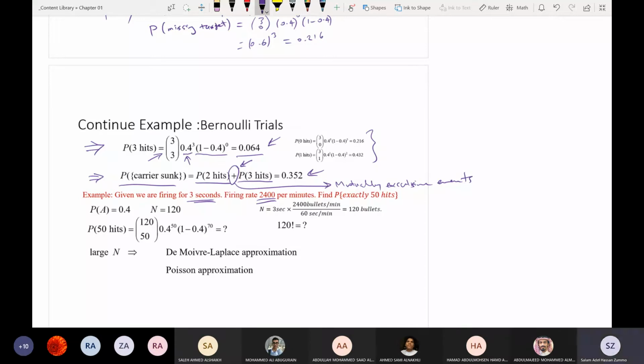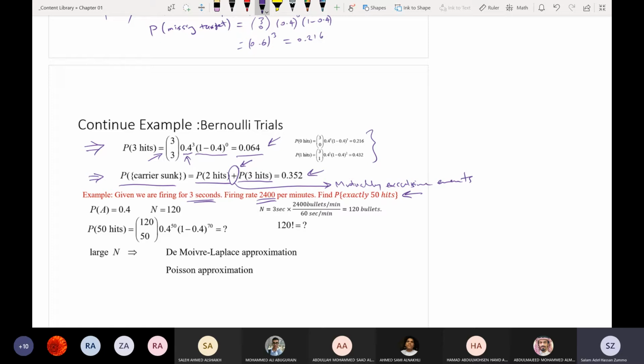2,400 per minute. Okay, so every 3 seconds we fire once. Sorry, the rate of firing is 2,400 per minute. Okay, and every time we fire is 3 seconds. And we ask this: what is the probability of exactly 50 hits? 50 hits. So in this case, let's